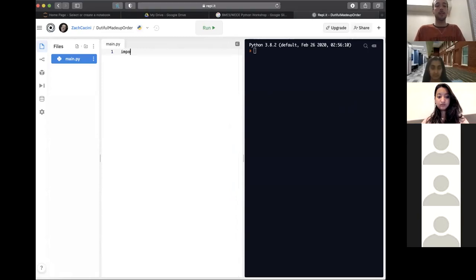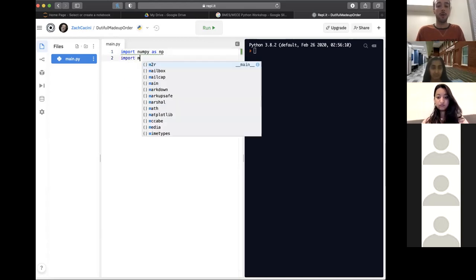So first, we have to import NumPy as NP. Stop autocorrecting. And then we want to import